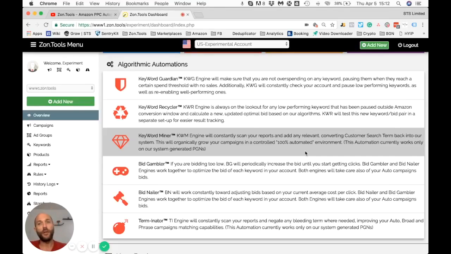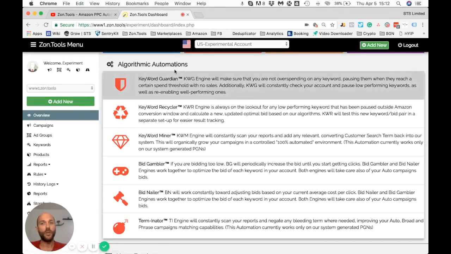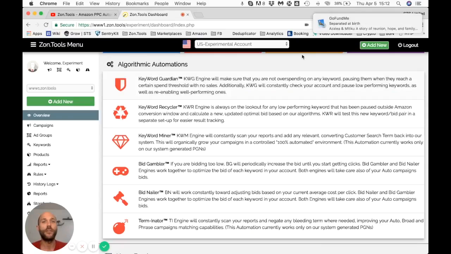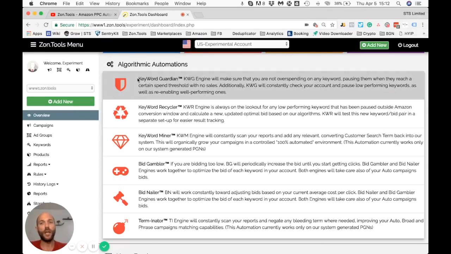In this video I'm gonna go over our overview page where we list all the automation that we can run on your account. The first automation that I'm gonna explain to you in my own words will be the Keyword Guardian. Keyword Guardian is an automation that works based on the thresholds that you give to our system, which are